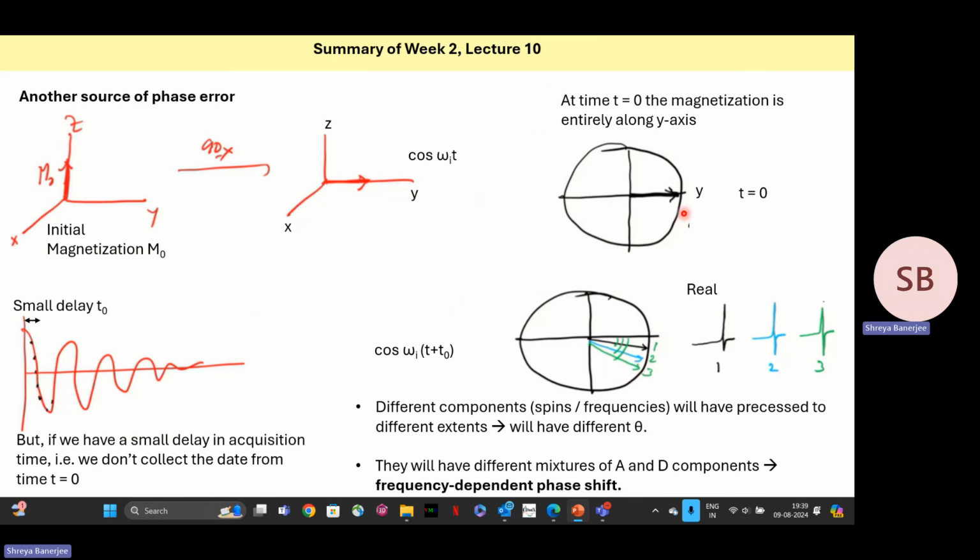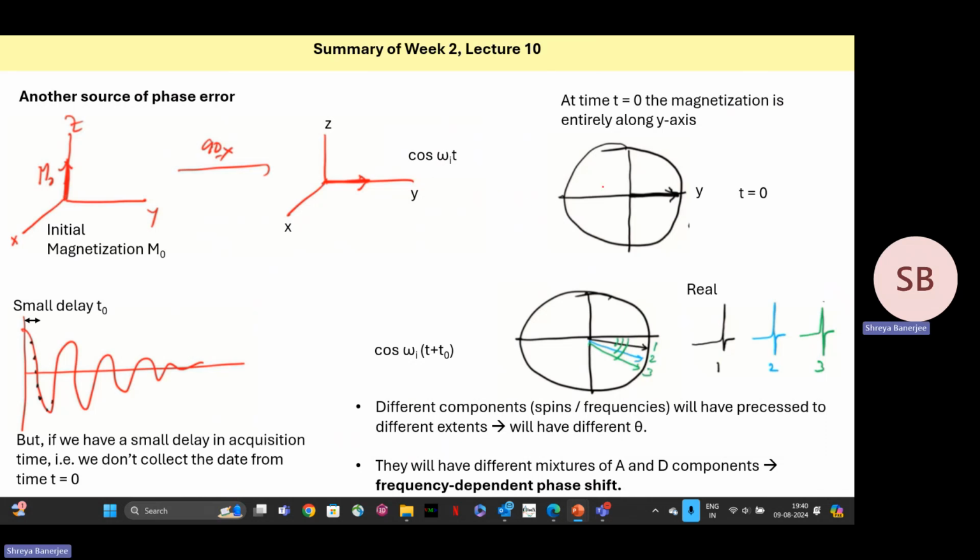The ideal case is where from z it has completely come to y, that is, at t0 your entire magnetization is along y. But in the real case, instead of t0, we are collecting from t plus t0. And what this will cause is that the different spins